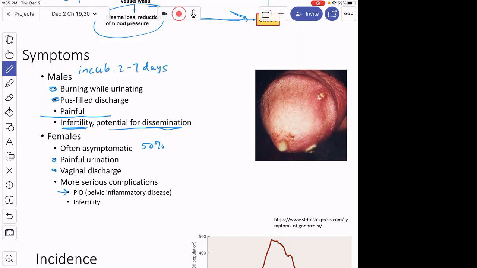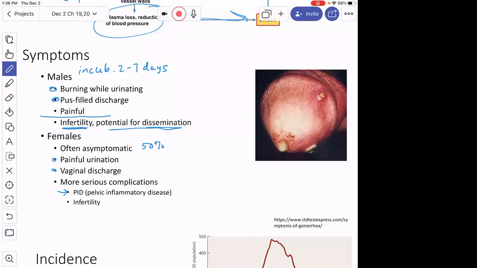The organism can migrate up from the cervix up to the fallopian tubes, can potentially cause an ectopic pregnancy, can cause fallopian tube scarring, which about 20–30% of the time can lead to infertility. So that pelvic inflammatory disease is not only caused by gonorrhea, but it can again lead to infertility. And it can disseminate in females as well, the same as it can in males. So potentially serious